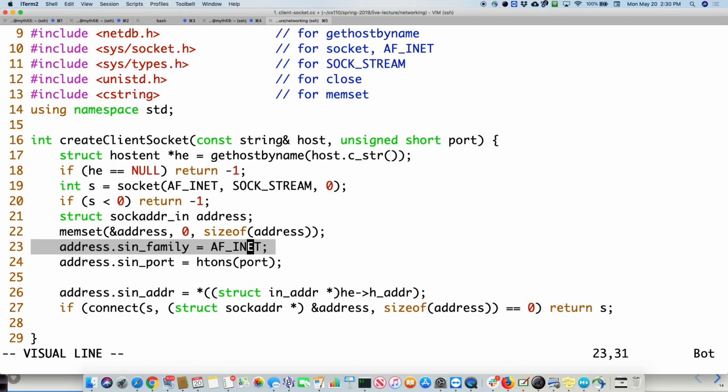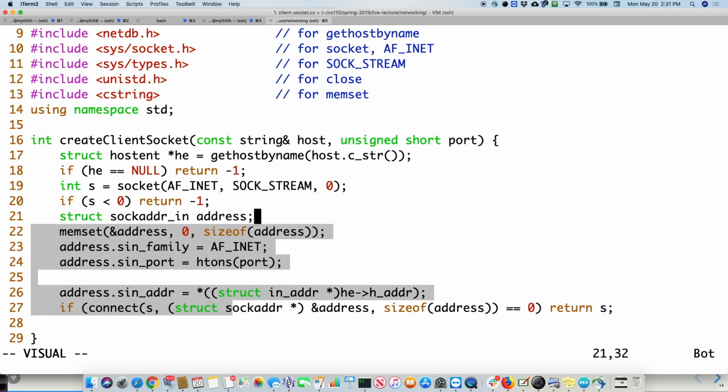So anytime you get one of these generic socket address ones, if you look at the first 2 bytes, it will be a family. And then you can say, oh, I know what the various families are, therefore it must be of this type, socket address IN, and they treat it that way. So the connect function needs to know the different types. It looks at the first 2 bytes, says, oh, that one's 2, or that one's 4, that one's 8, or whatever the number is, and then it decides internally, oh, I know what this is. That's how it does it.